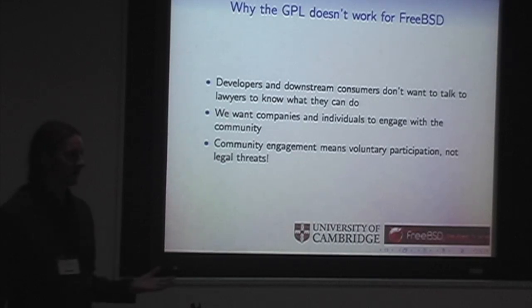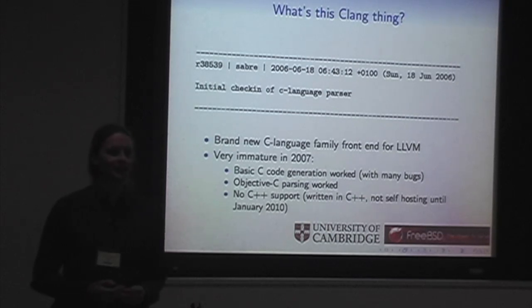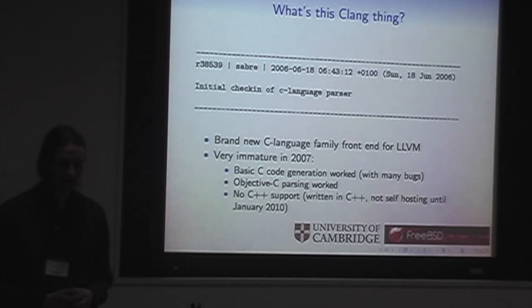But back on track, we're in 2007, and the GPL has this new edition, and now we're stuck with an old version of GCC, but there was some hope. There's this new thing, SVN commit message in the LLVM repository. Very brief initial check-in of C language parser. This is Chris Lattner, who's the head of the LLVM project and uses the username Sabre, which makes me happy because I'm now not the person with the silliest username in any of these projects.